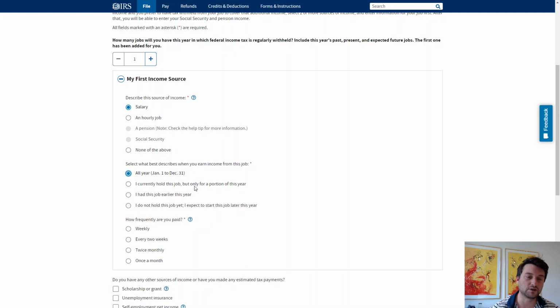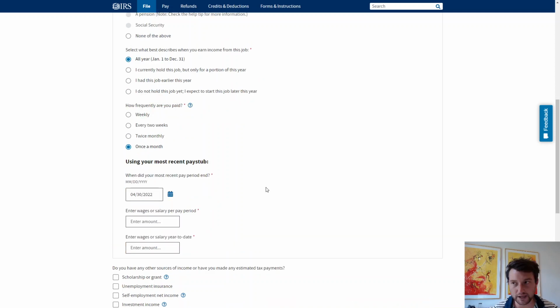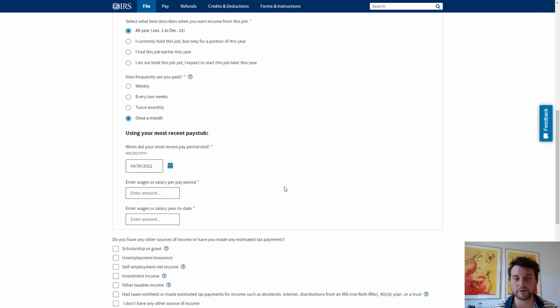Our example here, he's going to be paid once a month. And the most recent pay stub he got, so we're in the middle of May right now, so let's assume that he got paid out April 30th, right? So if we go down, April 30th was the most recent pay period where he got paid, and so that's the stub that he has in front of us. Now, let's say, for our argument's sake, that our employee is on, let's say he's on $48,000 a year, right? So $4,000 a month times 12 is $48,000 a year as a salary. So the wages or salary per pay period is going to be $4,000,